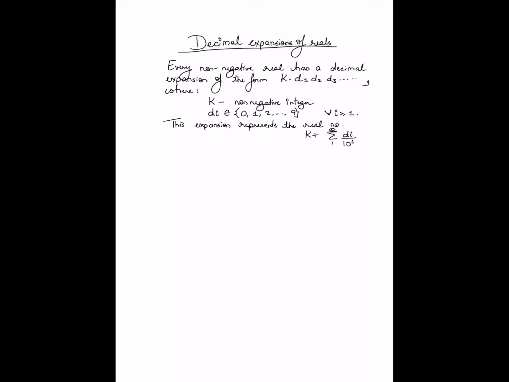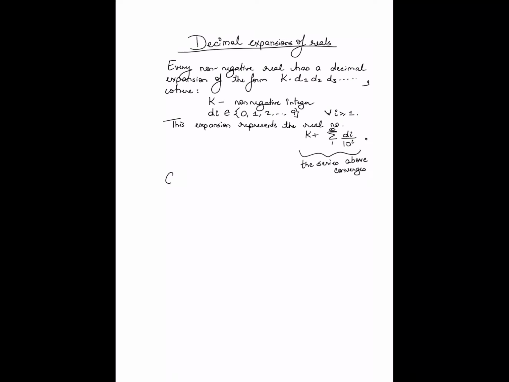So this is the real number that is represented by the decimal expansion k point d1, d2, d3, d4, and so on. And in particular, note that this series does in fact converge. That's an exercise. It's a trivial exercise for you to check that the series above converges. And so therefore, this is in fact a real number that is being represented in this manner. So that's the basic definition of a decimal expansion. Let us make a few comments on how one would construct it for a given real number, and then we'll talk about the uniqueness properties of the decimal expansion.